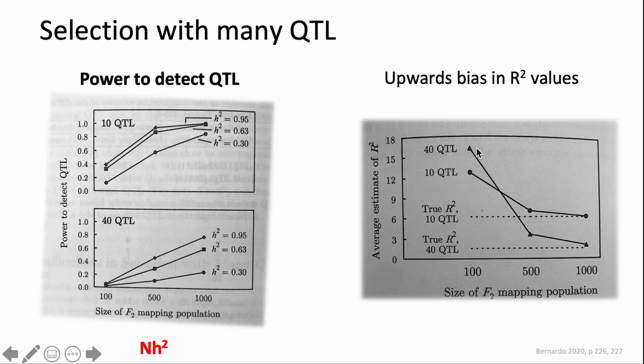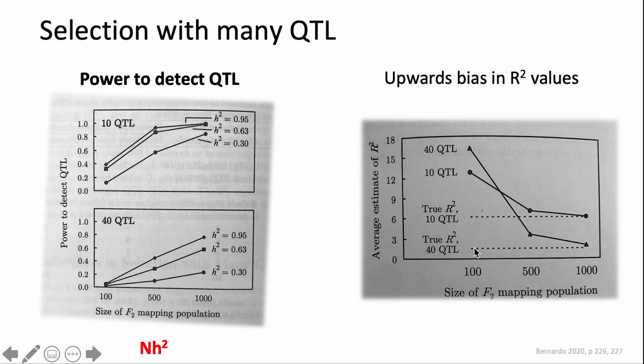So in theory, we are going to have an overestimation of the R squares for the QTLs that we can detect. And that is important. And another thing that I want to mention here is that notice that as more QTLs